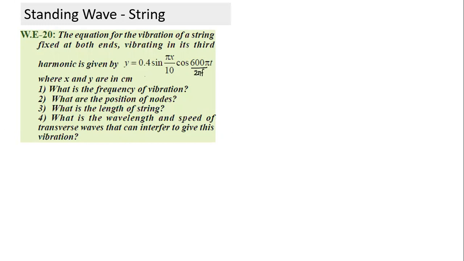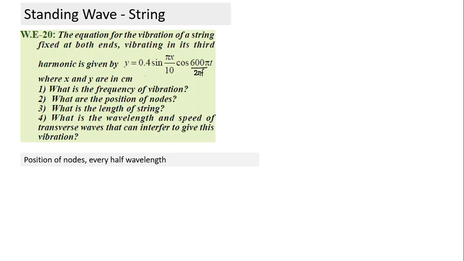So from this we can obtain the frequency of vibration. How do you obtain the position of a node? A node is a point, and there are 2 ways of finding its position. One way of understanding it is that with a node forming at x equal to 0, the nodes will form at a distance of half a wavelength. Every half wavelength, a node will form. So one way of finding the position of a node is to find the wavelength.